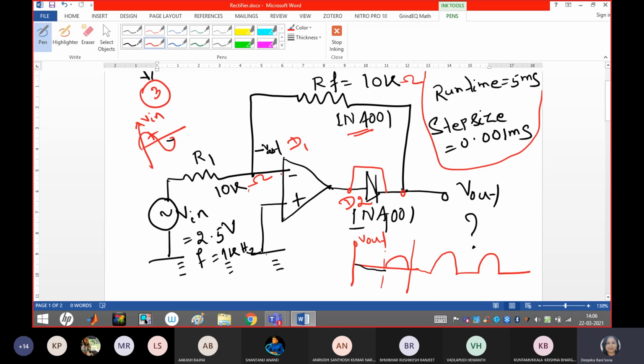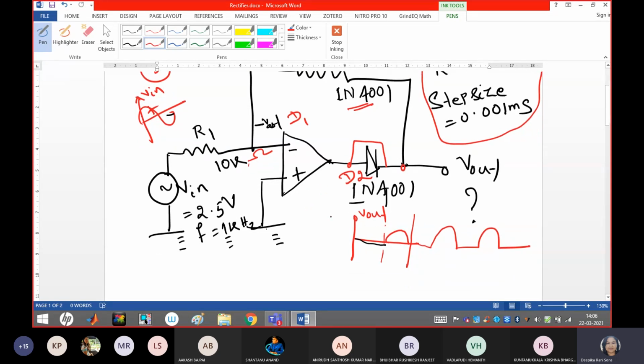So this is the case for the half wave rectifier. I hope you all have noted the design. And what are the input parameters for that? A sinusoidal waveform of 2.5 volt, and the frequency you have to take is 1 kilohertz. Then check the output with the necessary connections, the power supply and ground connection. Then, as per the question given to you, how do we get the inverted waveform? That job should be done by you. You have to make the necessary arrangement in the circuit to get that inverted output waveform.